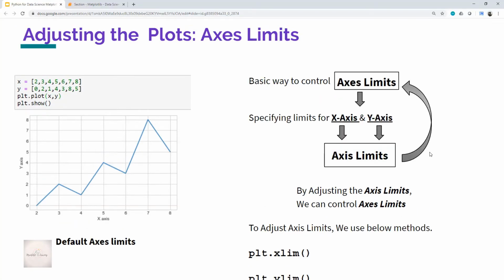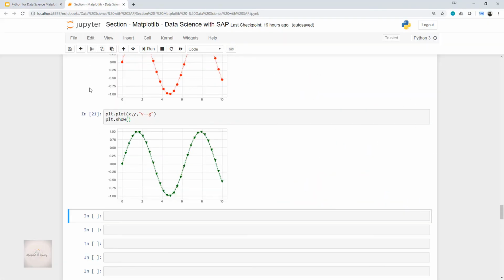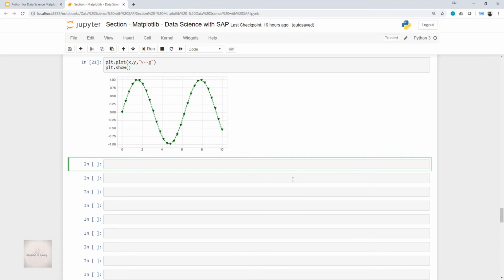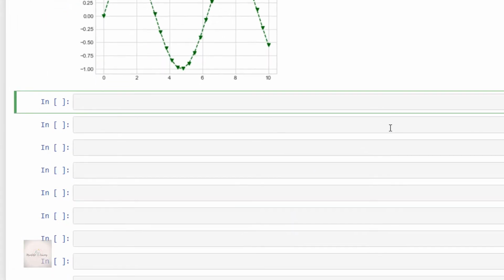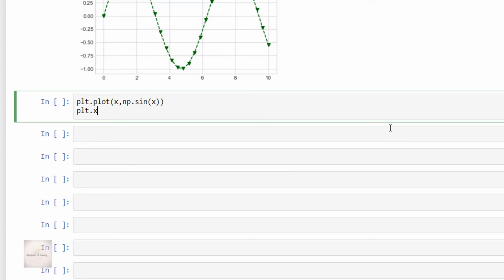So let's get back to our Jupyter notebook. Okay. So the code goes this way. First it will be plt.plot(x, np.sin(x)) and then plt.xlim(-1, 12).